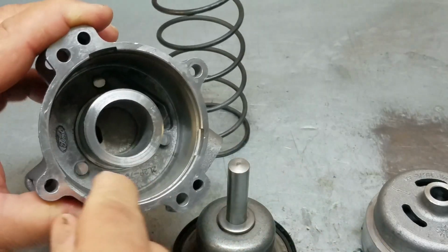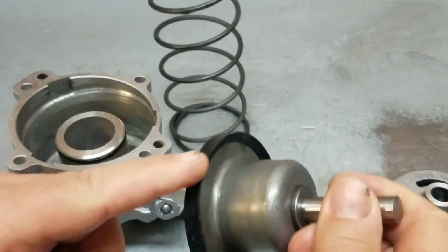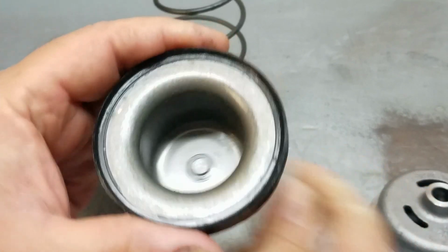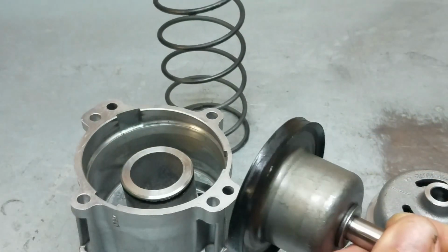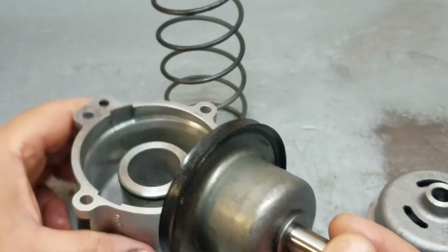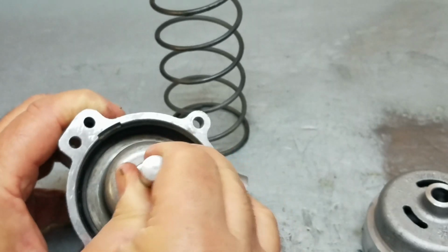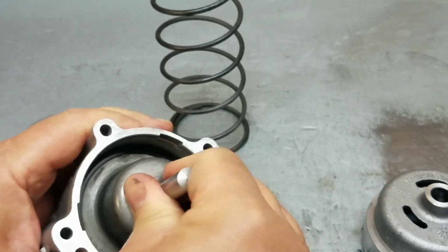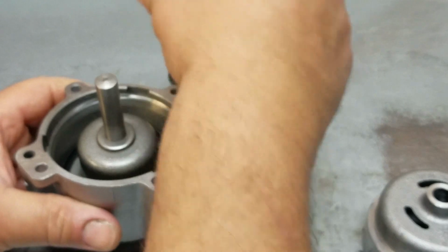Now to reinstall it, make sure you lubricate the seal, lubricate the wall, lubricate this seal right here, and lubricate in here with either transmission fluid for the vehicle or transmission assembly lube. Once you get it on there, just make sure it's straight, and then slowly push it all the way down. Then take the spring